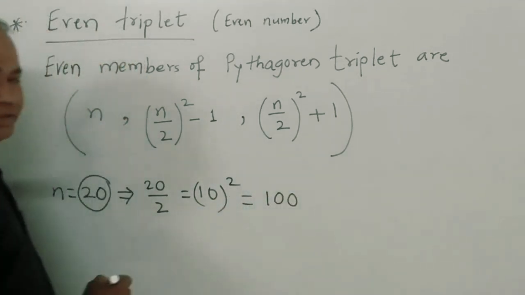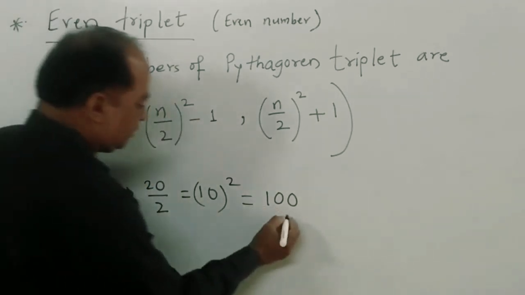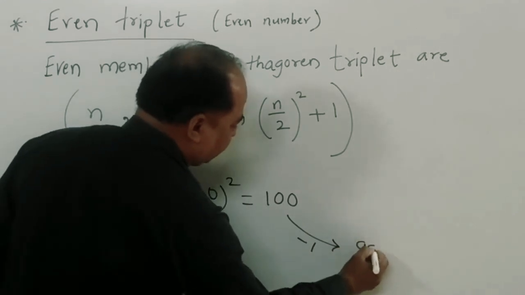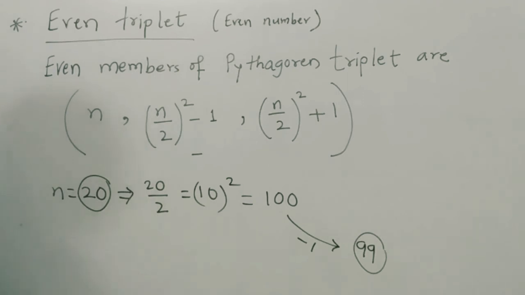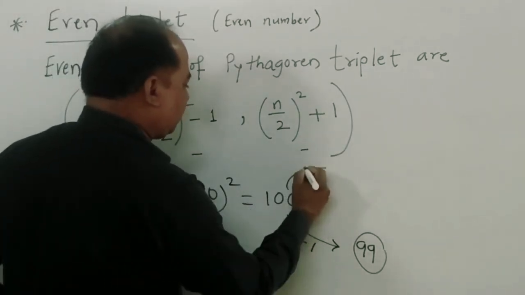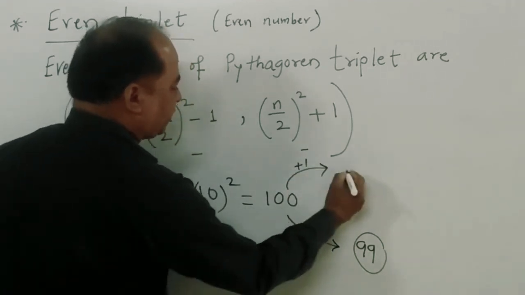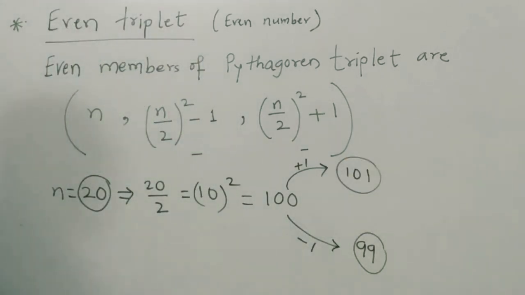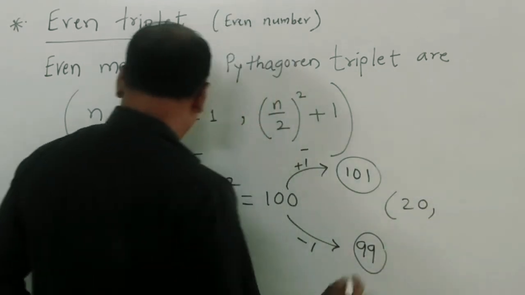100. So the next element is n upon 2 square minus 1. So 100 minus 1 is equal to 99, the second element of the Pythagorean triplet. And the third element is n upon 2 bracket square plus 1. That is 100 plus 1 is 101. So the even Pythagorean triplet is 20,